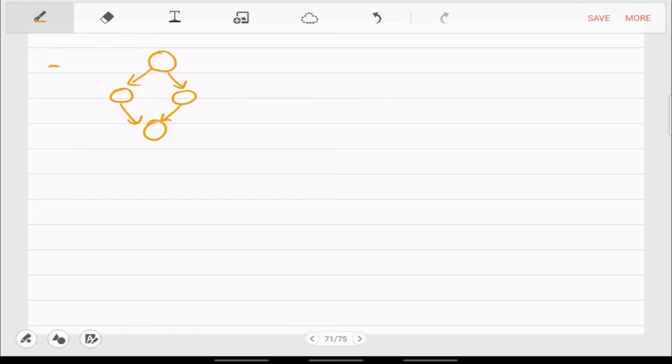No. Why not? Number of incoming edges is 2, right? So because of this, there is a problem. So incoming edges 2 means that this red node you are able to reach in 2 ways from the root.